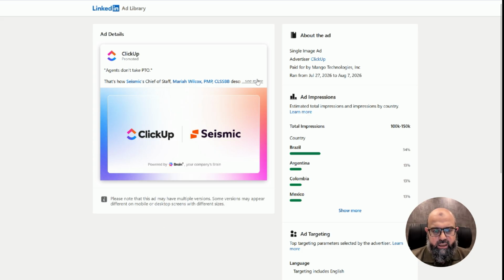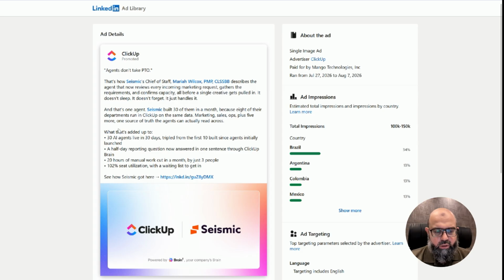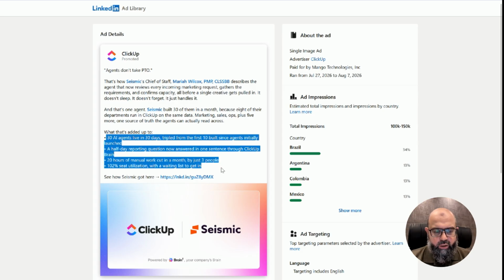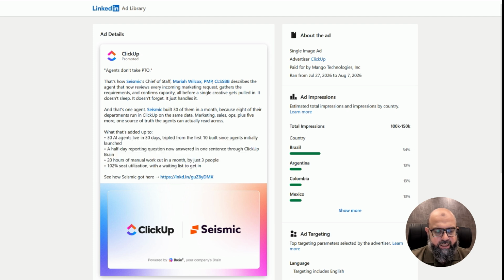Another thing is that if we click see more, there are a lot of proof numbers over here which are realistic. There are lots of numbers mentioned like 30 agents in 30 days, half day reporting question, 20 hours of manual work, 102% seat utilization. So this is the thing that creates trust because these numbers look realistic and they are not